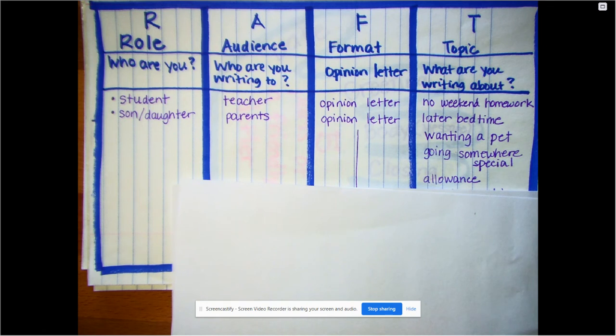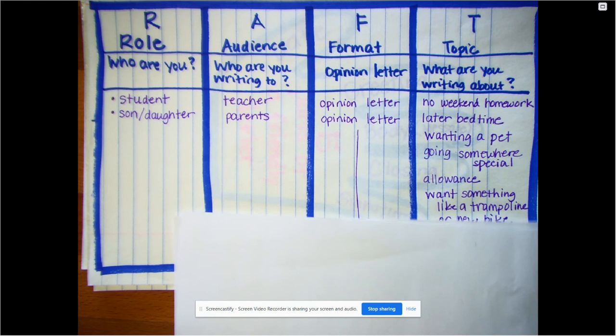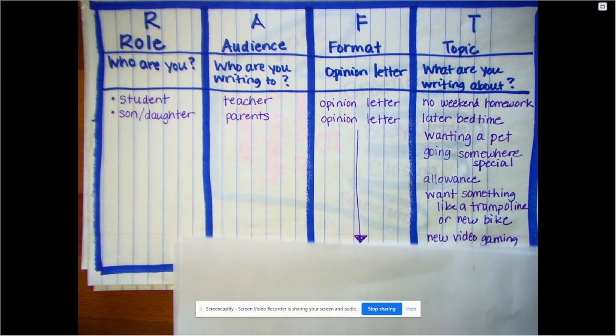So maybe you're going to write an opinion letter to whoever gives you your allowance and come up with 3 good reasons why they should either give you an allowance or increase the amount that you get. Maybe you want something tangible like a trampoline, or a new bike or a scooter, or that favorite video gaming system, right? Maybe you want something new like that.